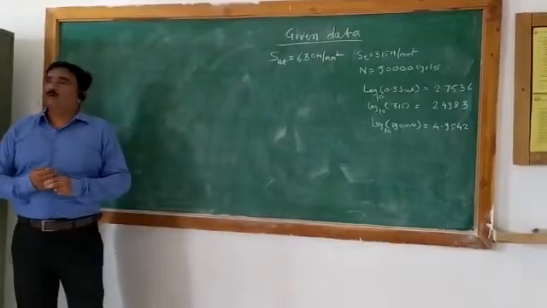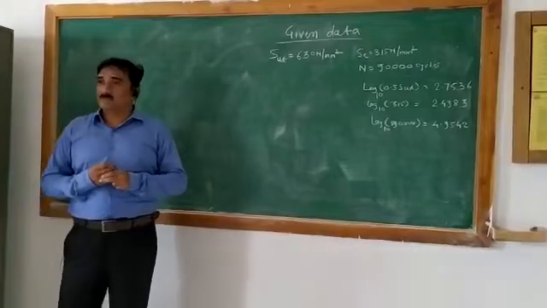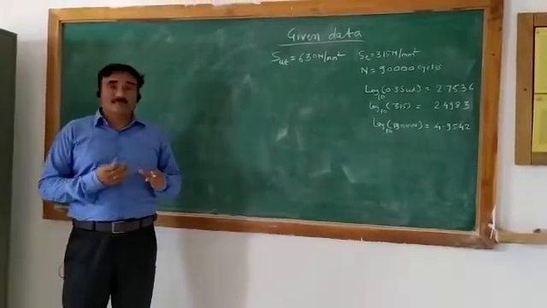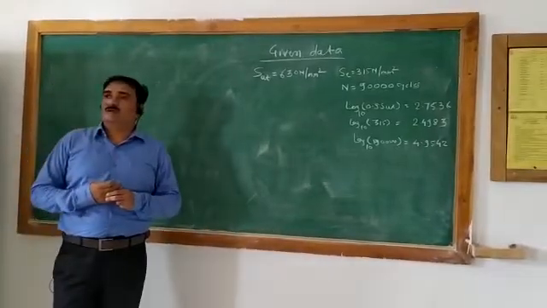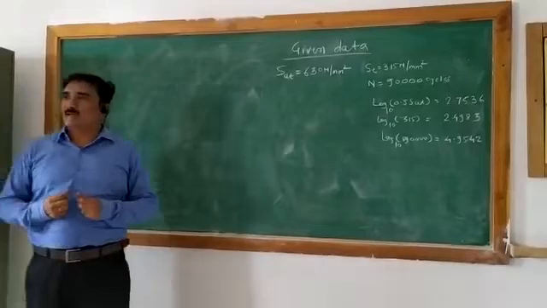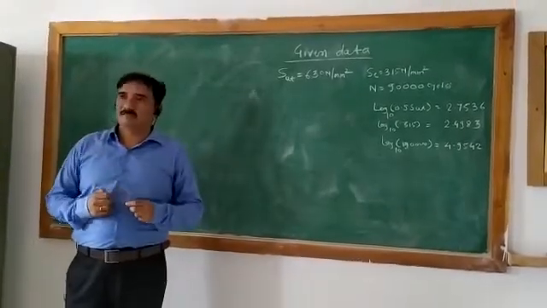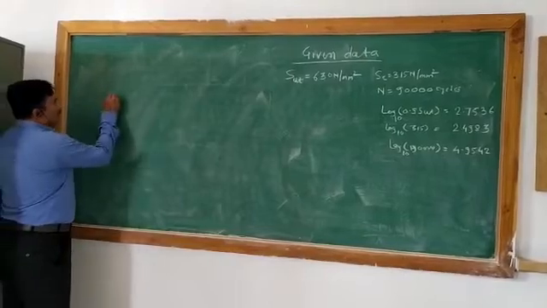Till now, we have studied what exactly the SN curve is, what is the significance of the SN curve in industrial applications, what exactly the endurance limit is, and what is fatigue failure. All these things we have already studied. Now today, we will see what are the steps to be carried out for drawing the SN curve. So, what are the steps? I would like to explain these steps.